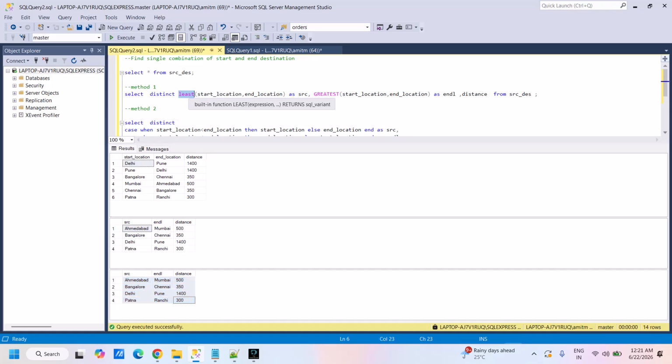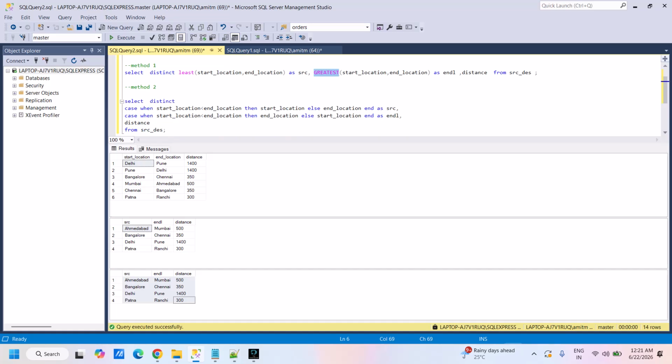Now, which value we want to put in source and which value we want to put in end location, that is our choice. We can reverse it also. We can use greatest and least here. And similarly, in this case statement also, we can reverse this start and end location. So the main task is to remove the duplicates, which we can do in